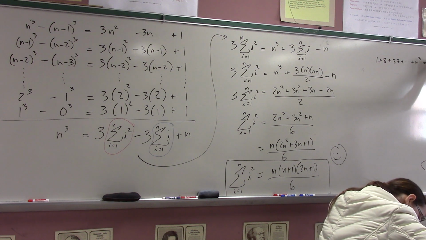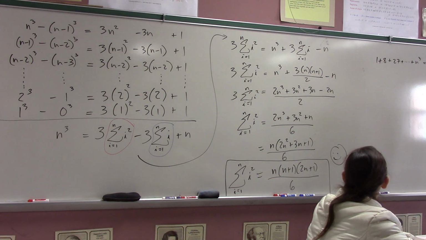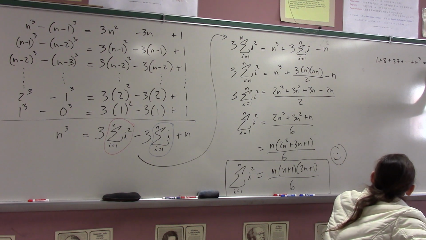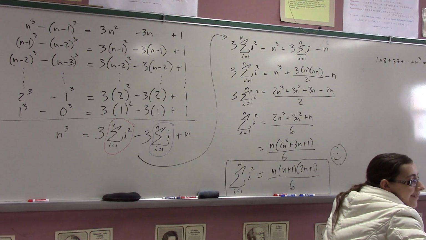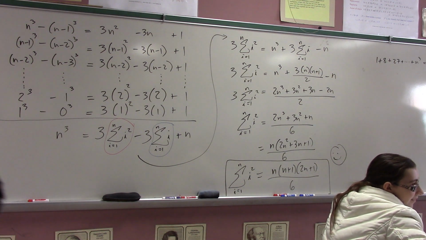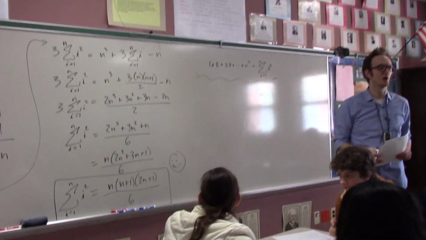N times n plus 1 times 2n plus 1 times 3n plus 1. Oh no, she's just guessing the formula, what she wants it to be, and she's wrong. It's worth a try. But no, what I meant by recursive is that the procedure is recursive. If this was my goal, how would I go about